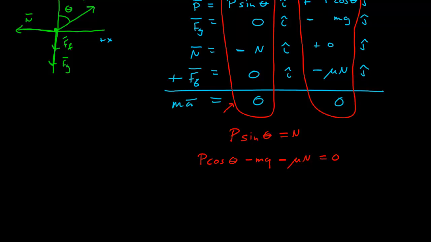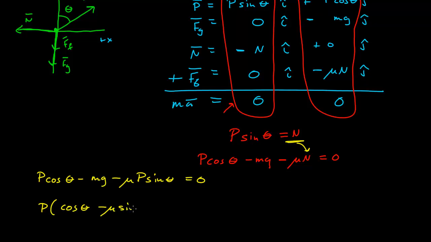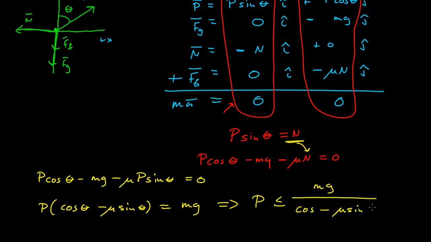All right. So if we substitute in for N in here, we get P cos theta minus mg minus mu P sine theta is equal to 0, or P times (cos theta minus mu sine theta) is equal to mg, or P must be less than or equal to mg over (cosine theta minus mu sine theta). So